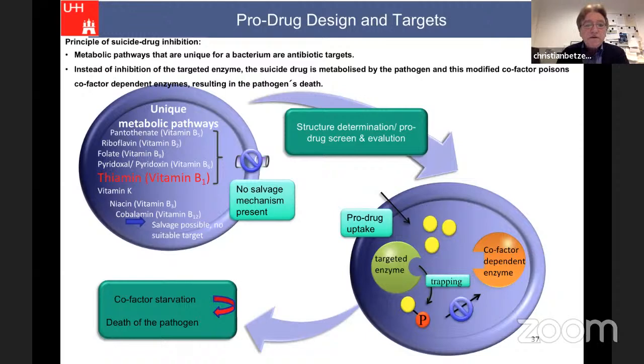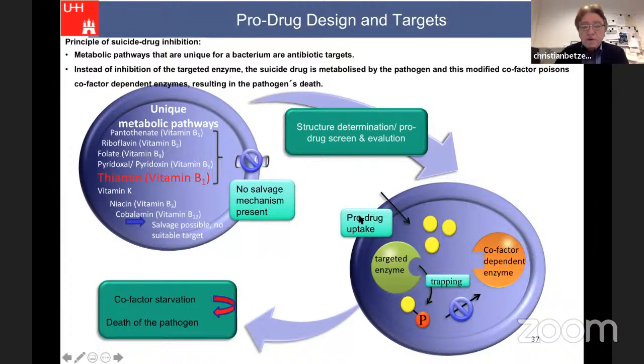Just briefly, 2 slides in collaboration with my second home, I would say, in Sao Paulo, the University of Sao Paulo, we are looking at pathways which are vital for bacteria. So bacteria produce the vitamins, as shown on the left side. Humans, you know, we have to take them up. Therefore, the vitamin production pathways in bacteria are very interesting drug targets.